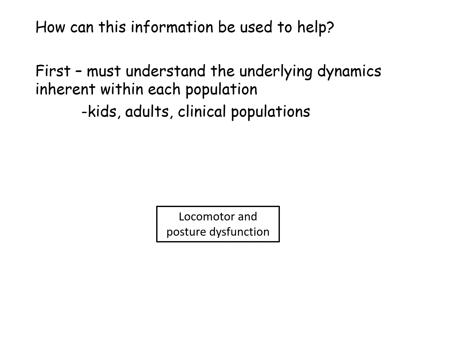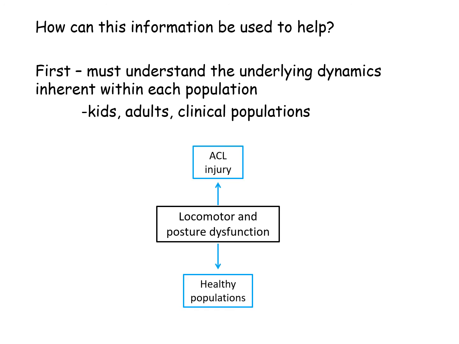So even if we're looking at gait and postural dysfunction, let's say we somehow built a computer that is the smartest computer in the world, okay? Usually when you hear about artificial intelligence and all this stuff, it's a shorthand for a computer that can do a lot of statistics very quickly. So let's say we built that computer and it was able to determine the optimal amount of complexity in gait and posture. What about that for somebody that had an ACL injury, or in healthy participants, we're looking at age?